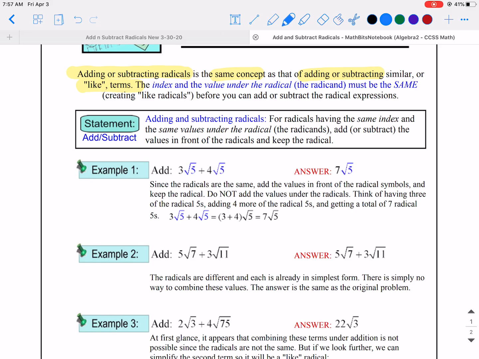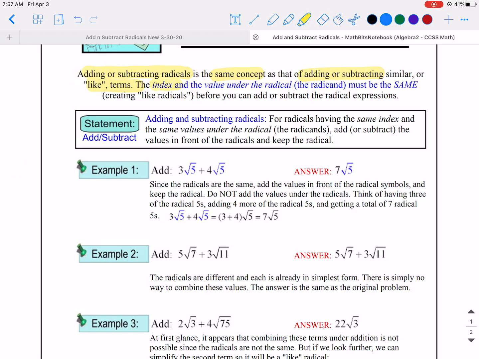For example, if I have 2x plus 3x squared, I could not combine them because they are not like terms. If I had 2x plus 3x, they are like terms, so it would be 5x. That is all that statement said. So now moving on,